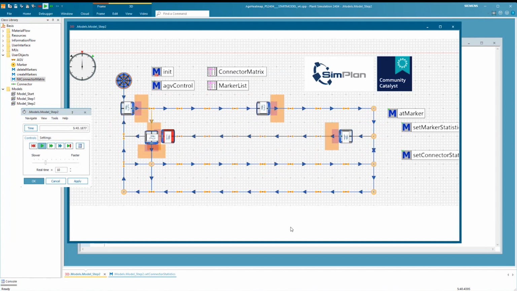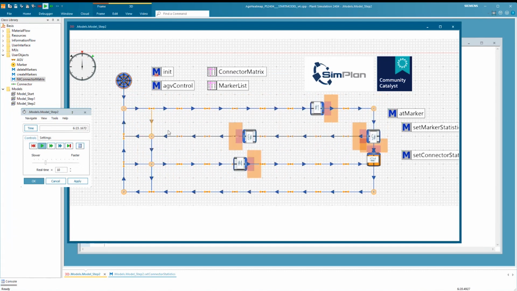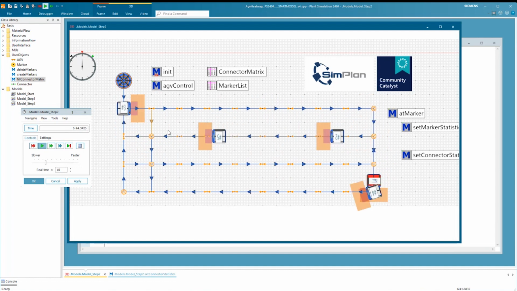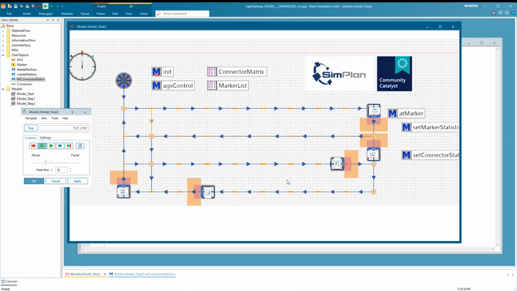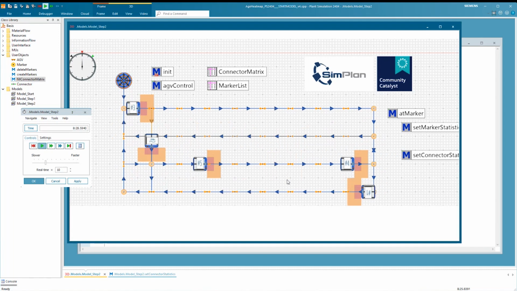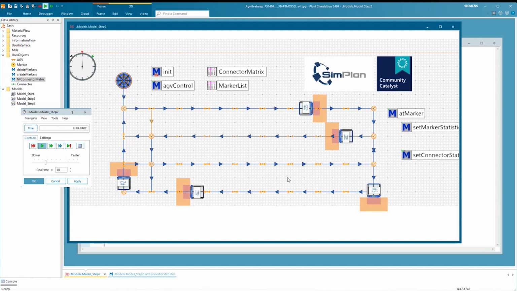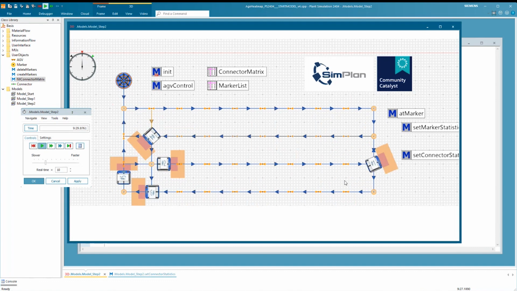But now what I want to have is how much time do I spend from one marker to the other? So how long is the travel time? Because you see that in areas where there is a lot of traffic, the AGVs slow down, or they have to wait for other AGVs. So there they will spend more time getting from one marker to the other than along these aisles where they can just travel more or less freely most of the time.